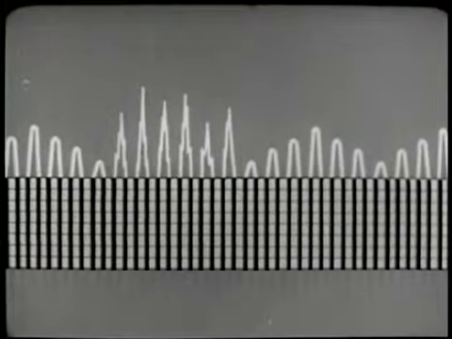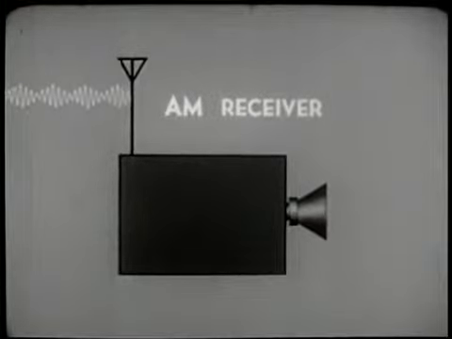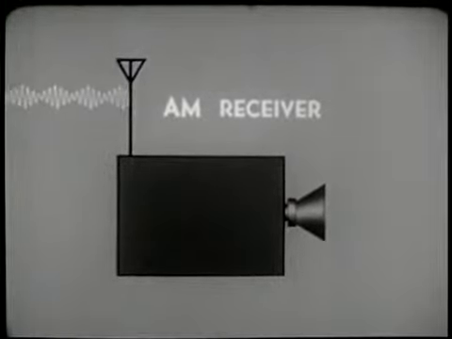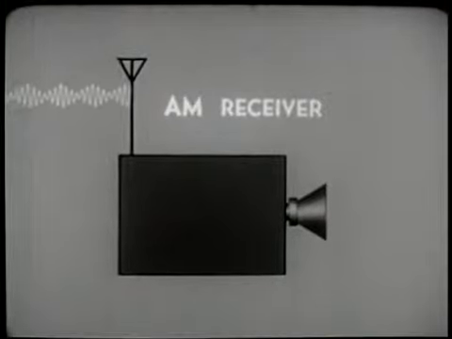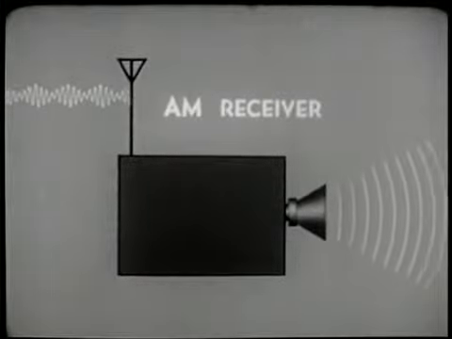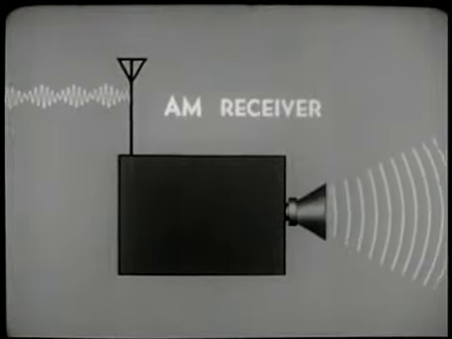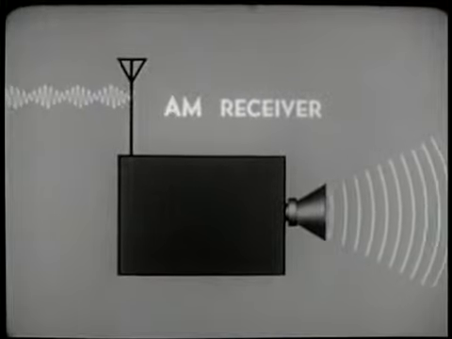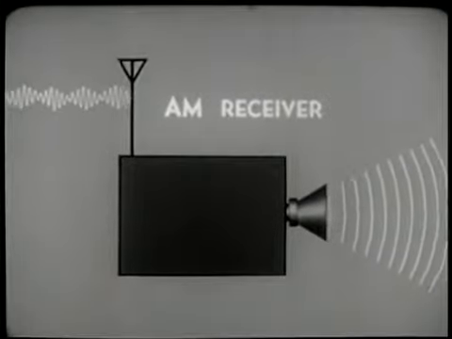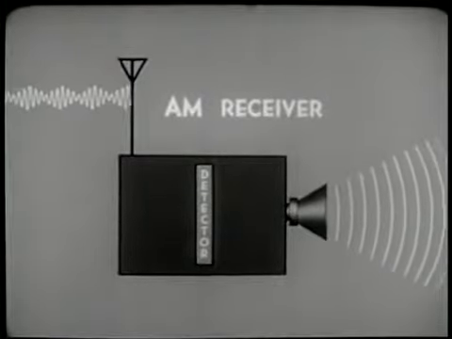Now, a partial review of what happens in the AM receiver. The amplitude modulated RF carrier is picked up by the receiver's antenna. The receiver extracts the intelligence carried by the RF, transforms it back to an audio signal, amplifies it, and feeds it to the speaker. It emerges from the speaker as sound waves, which can be heard and understood by the human ear, unless the intelligence is smothered by interference. To see how interference gets through to the speaker, one of the receiver components, the detector or demodulator, must be examined.